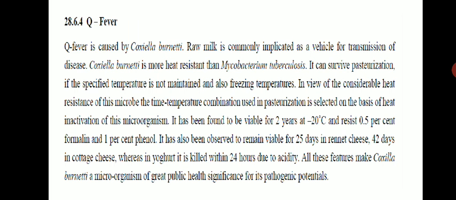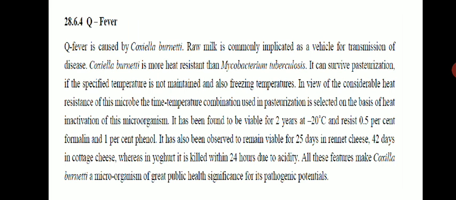In view of the considerable heat resistance of this microbe, the time temperature combination used in pasteurization is selected on the basis of heat inactivation of this microorganism. So the main aim of pasteurization of milk is to reduce Q fever causing bacteria. The main target for pasteurization is removal of Coxiella burnetii. It has been found to be viable for 2 years at 20 degrees Celsius,